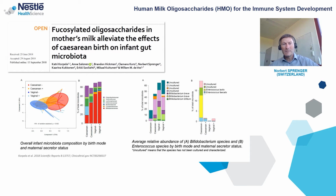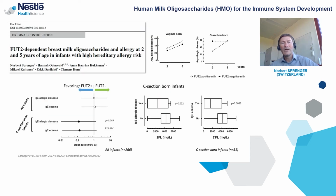And you can see that in terms of the family on the left side and in terms of some individual strains like B. breve and other bifidobacteria that increase when the infants get breast milk with 2'-fucosyl HMOs. Now, in terms of allergy, we saw a trend for a reduced incidence rate for IgE-mediated allergic